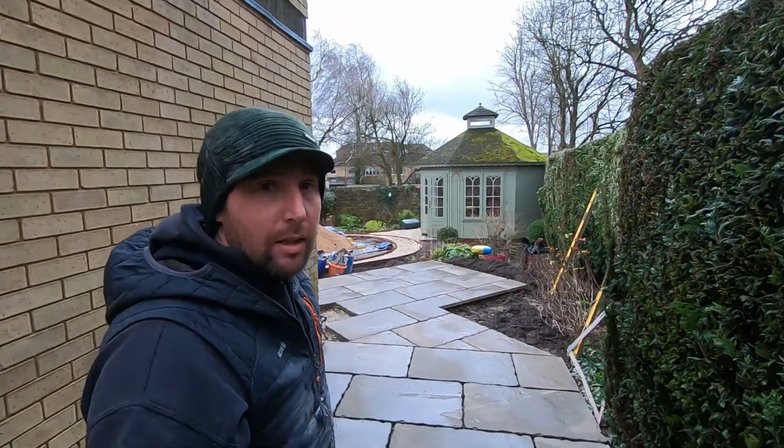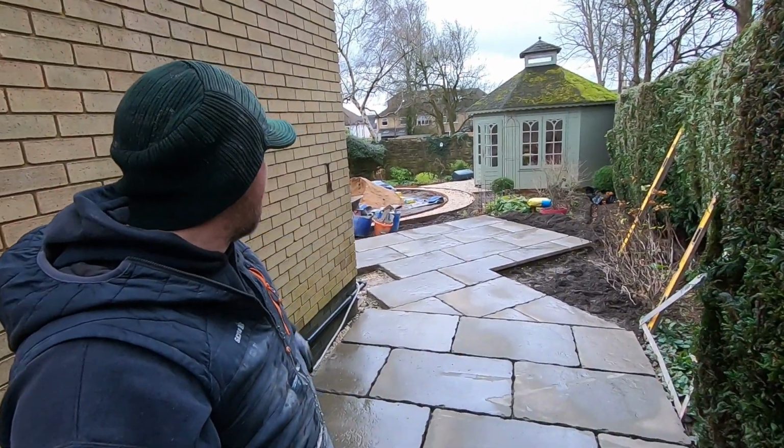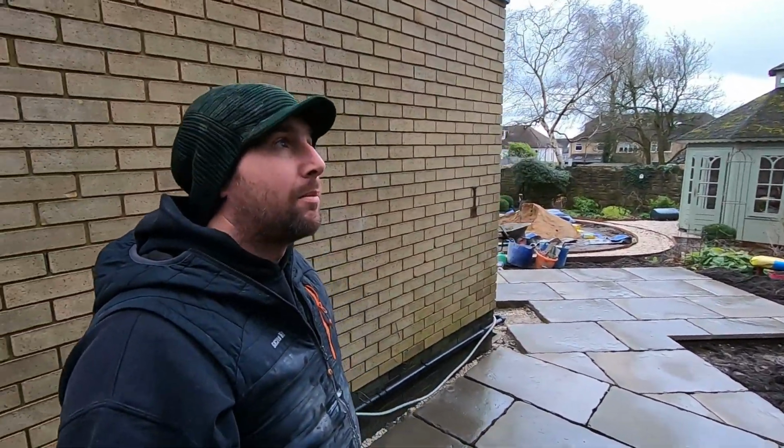Right, as you can see, we've had a couple of days of paving. We managed to get down the side of the house roughly paved, a few cuts left to do. We're just doing the return around the corner. It didn't work yesterday, we were rained off, so we laid all day Monday and then half the day today, and the rain's forecast for 2 o'clock. So I think we're going to crack on, get a couple more flags down and then